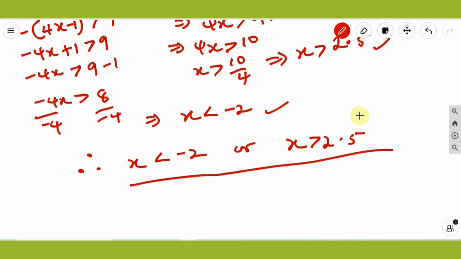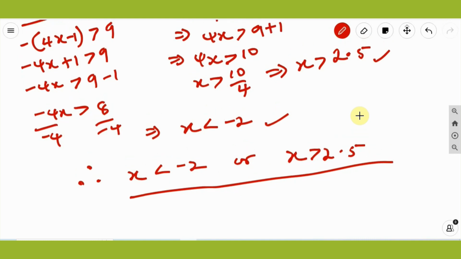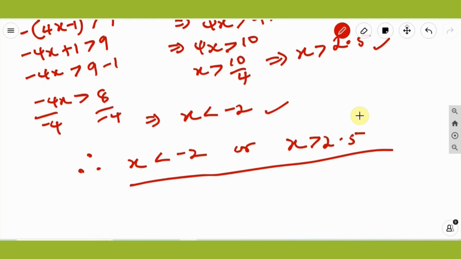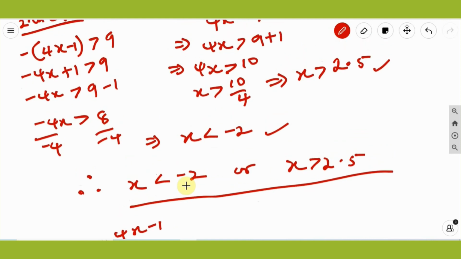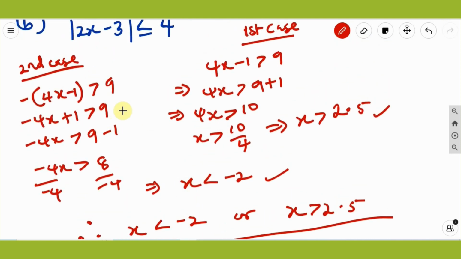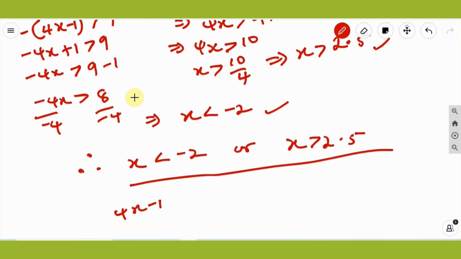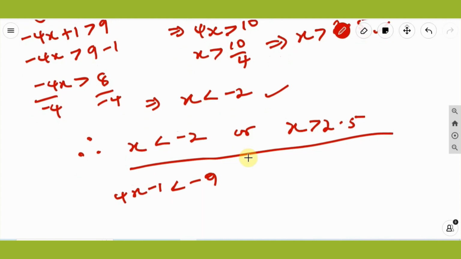But there is another way you can do this. Remember I said you can take the right hand side as negative for the second case. So let's see if we are going to get the same answer. So this is writing 4x minus 1 is greater than 9, and I want to take the right hand side as negative. So this greater than is going to change to less than. Then 9 will carry a negative sign. That is the law. Less than minus 9. So solving this is going to give me